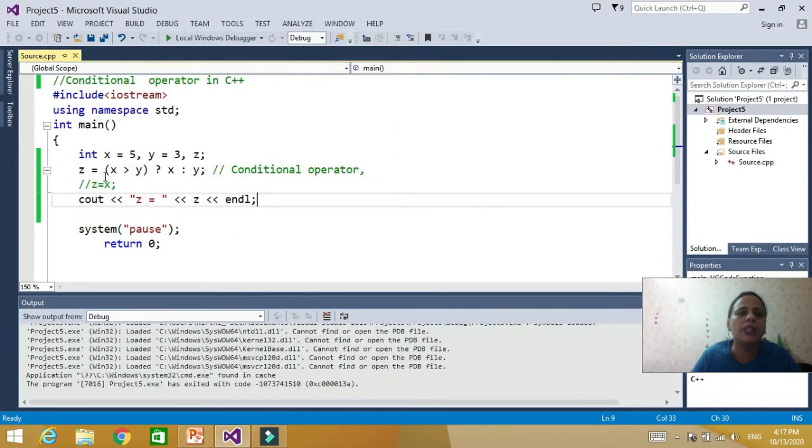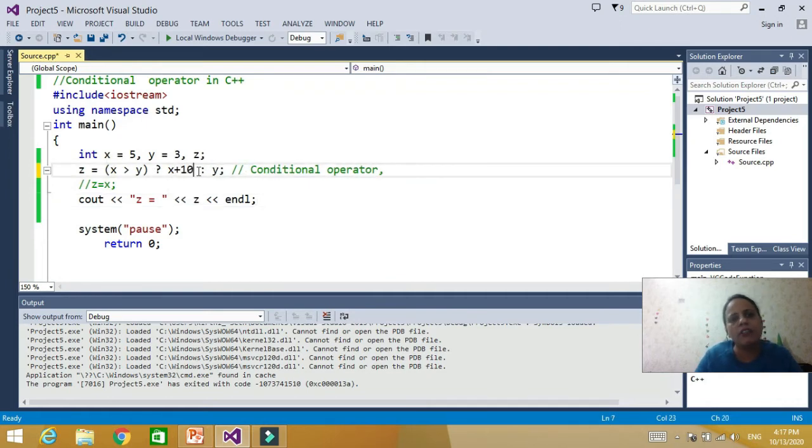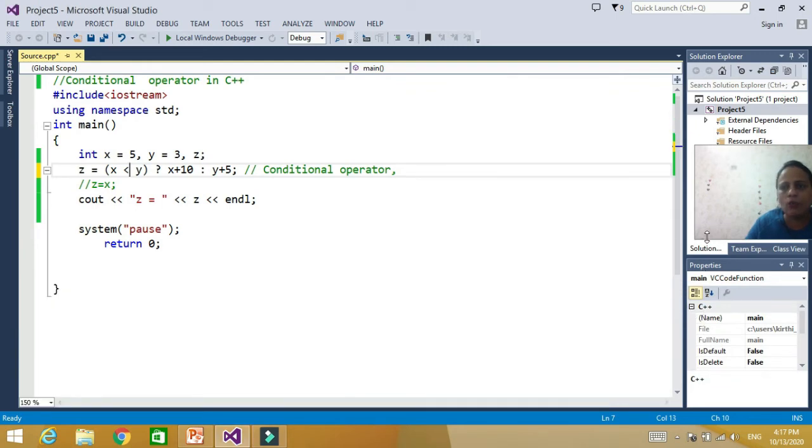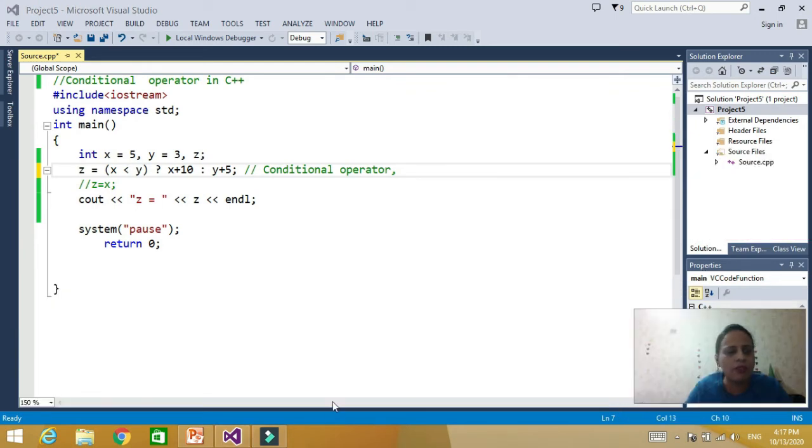You can assign any value here. For example, let's say if x is greater than y, then z should be x plus 10. Otherwise, z should be y plus 5. Now let's change the condition. I said x is less than y. Now the condition is false because x is not less than y. So when the condition is false, expression 3 will be evaluated.